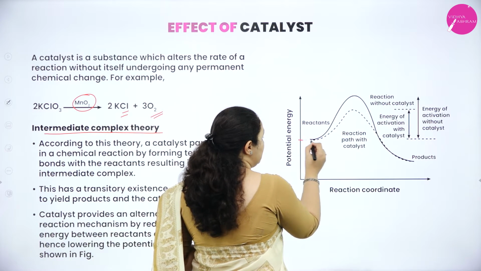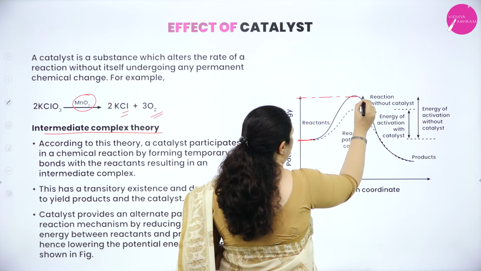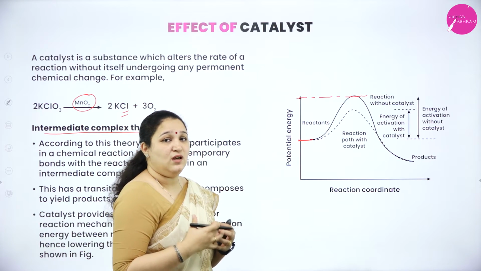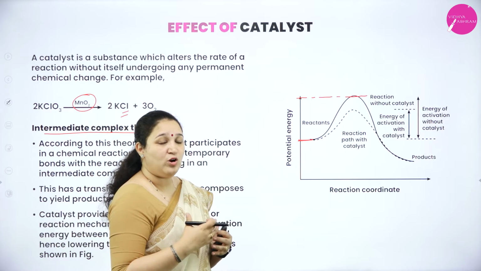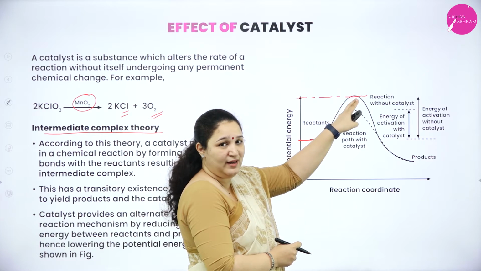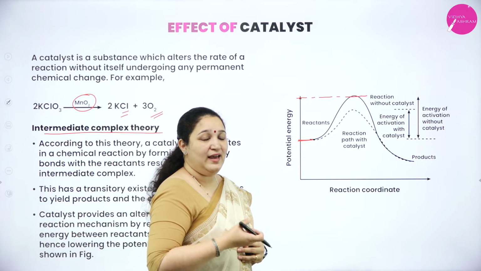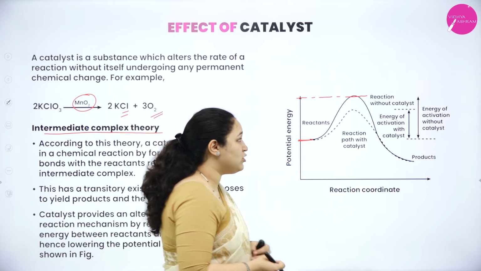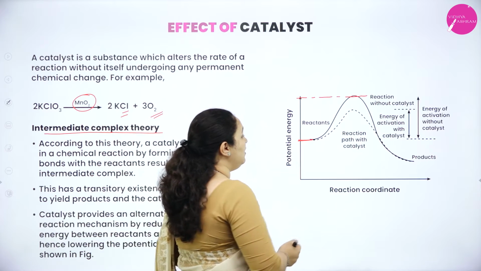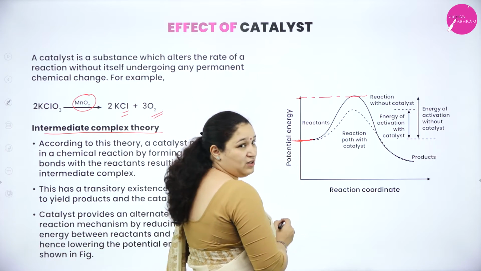So we have, this is the energy of the reactants and this is the threshold energy. The reactants which can take up extra energy and reach the threshold level can then form the products. The energy which they have taken up, we also call it activation energy, isn't it? So here the reactants have this amount of energy.